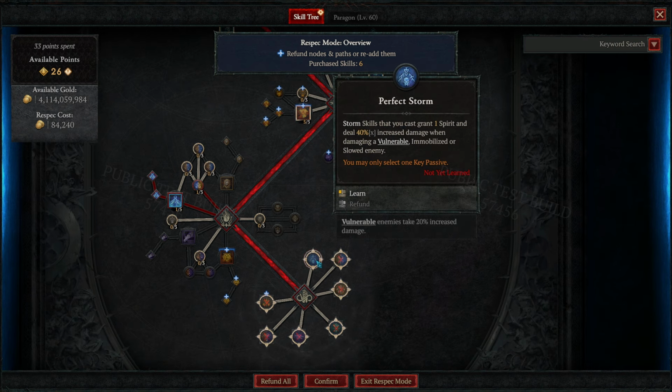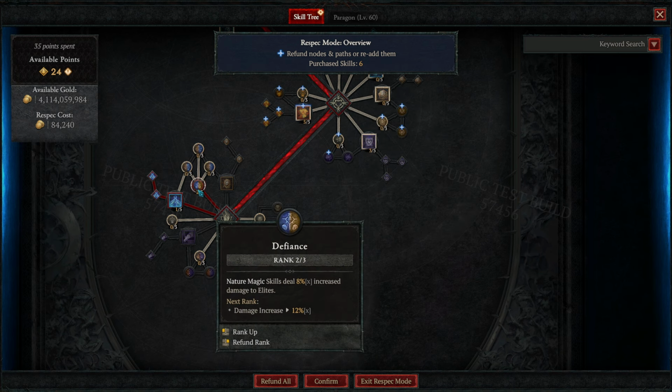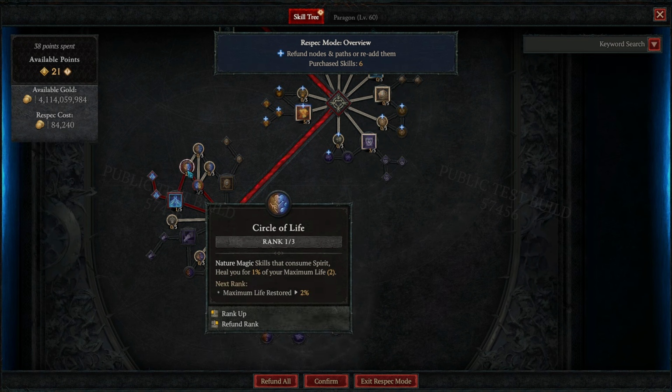This unlocks key passives at this stage, for which we are going to be picking up Perfect Storm. This gives us 40% increased damage and some spirit regeneration for storm skills that hit vulnerable, immobilized, or slowed enemies, and we have multiple sources of each of these to apply to them. We then take the other 2 ranks of Defiance to finish that passive off, then grab all 3 ranks of